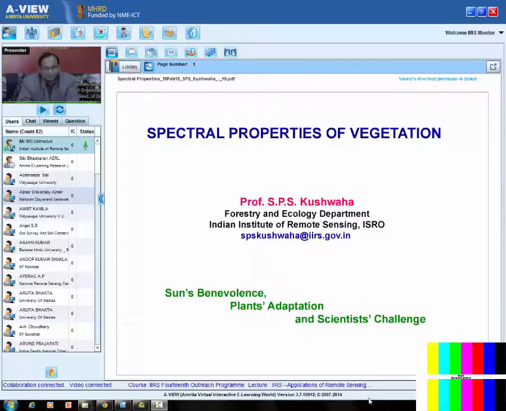category of vegetation. As you might be knowing, no two objects on the planet Earth are exactly ditto, and this property is utilized in remote sensing by way of spectral imaging. And as I go by, you will see that vegetation types, the rock types, the water, and every other thing on the Earth's surface has got a unique kind of reflectance. And this is what is caught by the sensors put on the satellites